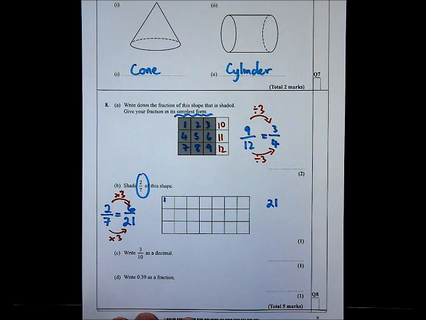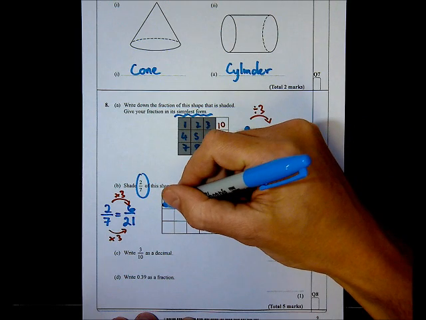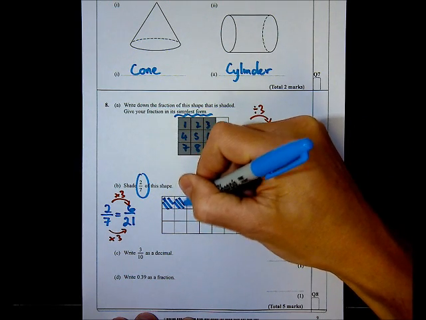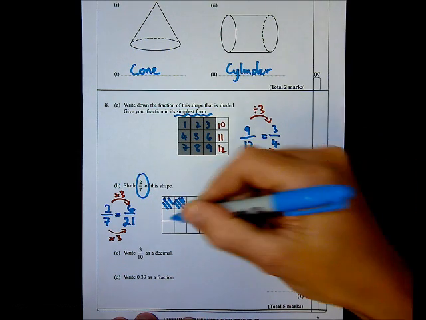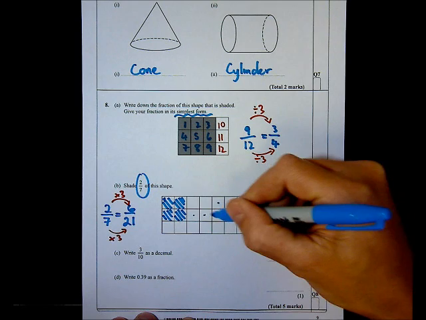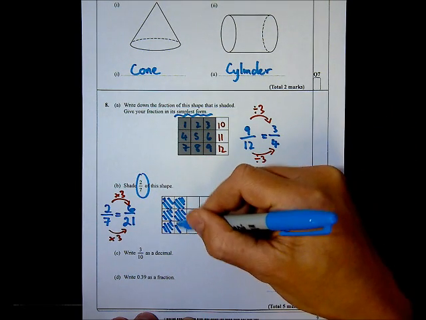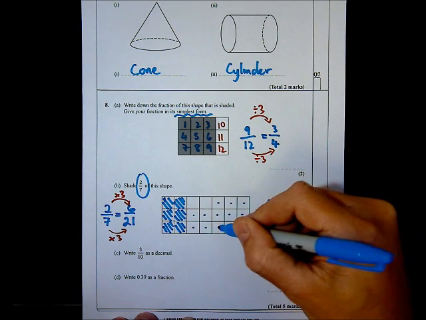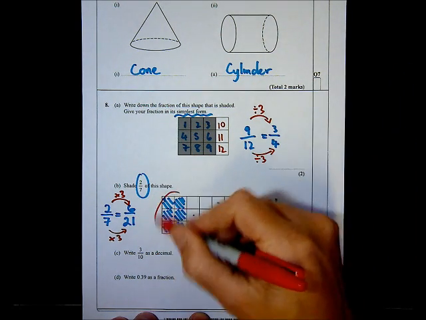Another way of attempting this question will be to say that I'm going to shade in 2 out of every 7 squares. So 1, 2, 3, 4, 5, 6, 7 that I don't shade, and then again 1, 2, 3, 4, 5, 6, 7 that I don't shade, and then 1, 2, 3, 4, 5, 6, 7. And you'll see at the end of it I have got what I said I would, which was 6 out